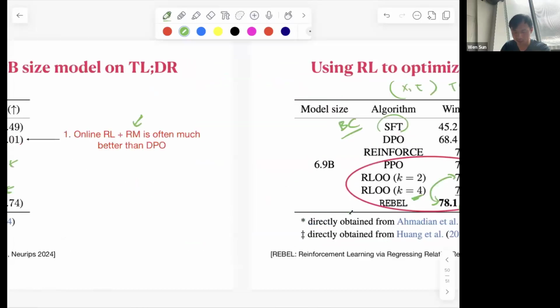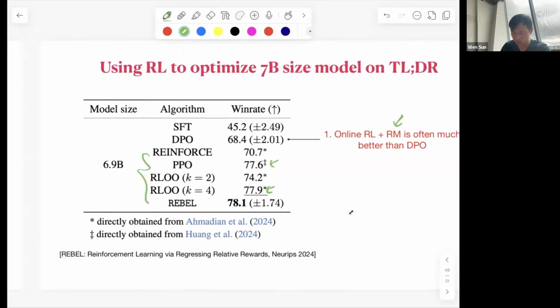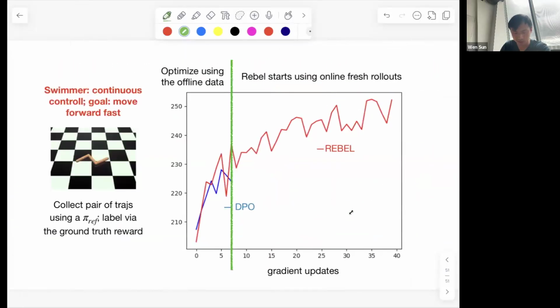The last thing that I want to mention is the OpenAI Gym environment. So far we mostly focused on how to apply these RLHF algorithms to language models, right? But you can apply things like Rebel, for instance, to the OpenAI Gym environment. In this example, I take the swimmer simulator from OpenAI Gym. I collected pairs of trajectories using some checkpoint that I got by training reinforcement learning algorithms using the ground truth reward. So I just take some mediocre pi-ref and use that to generate pairs of